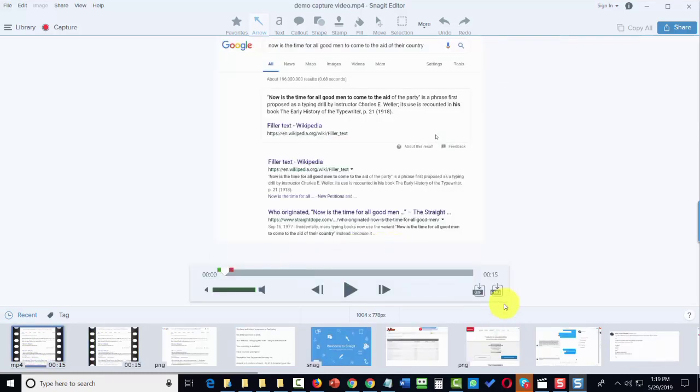Now what we can also do is download this same video as a GIF file or as a PNG. And basically when we save these as these formats, we'll be saving frames if we're not saving the entire